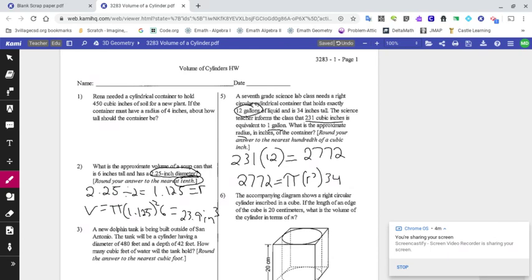I'm trying to find the radius. So I can divide both sides of this equation by 34 pi. When I do 2772 divided by 34 pi, that's going to give me